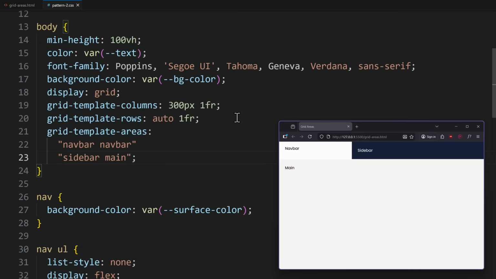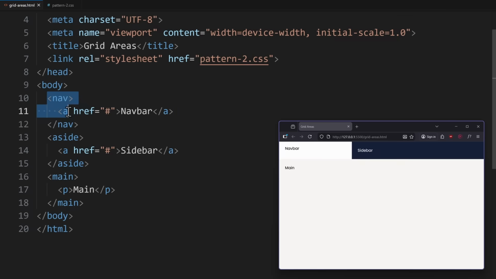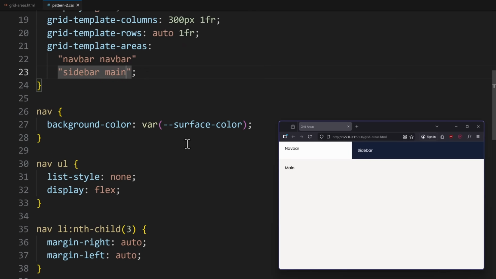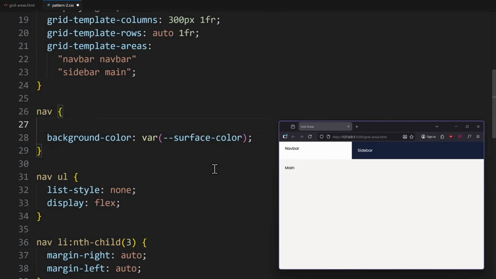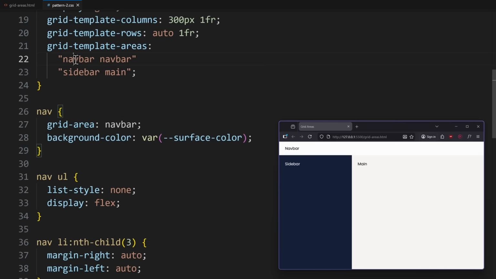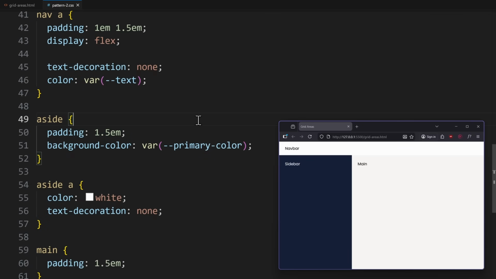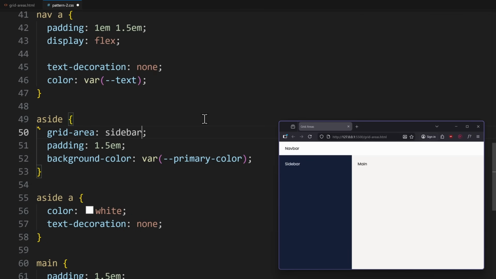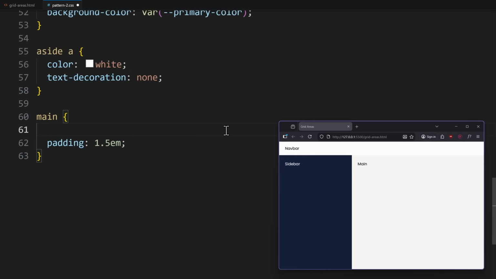Now we just need to assign these named areas to the actual elements. So in HTML, you would typically have a nav, an aside and a main element. What's inside these sections doesn't matter now. They have their own CSS styling. The only thing we care about is the grid-area property. For example, I go to my nav element and assign the grid-area nav. I have to write it exactly the same as in the string where I defined this grid area. The aside element will get the grid-area sidebar. The main element, main, and the moment we do that and save the file, the layout will snap into place